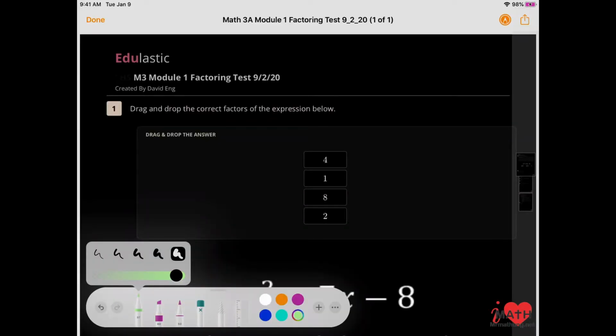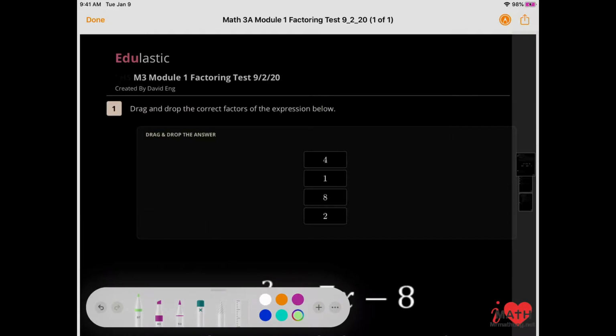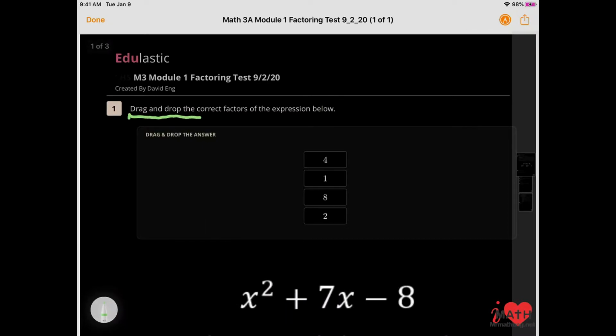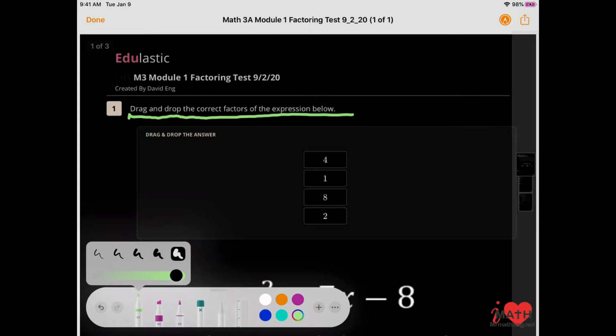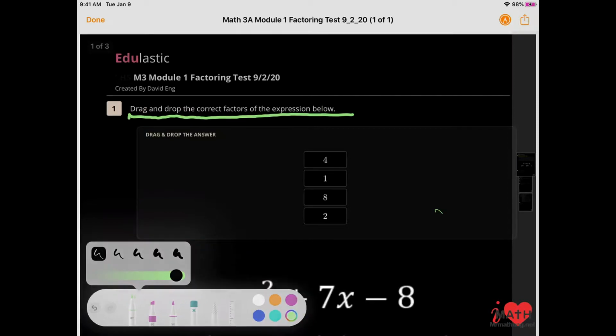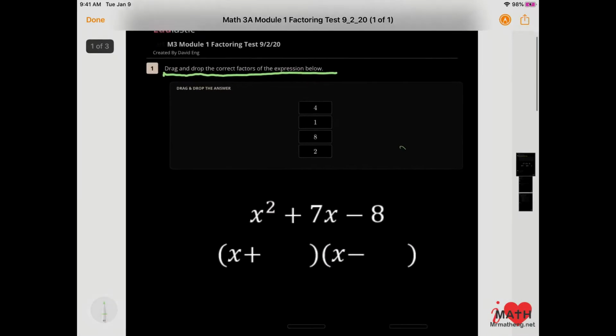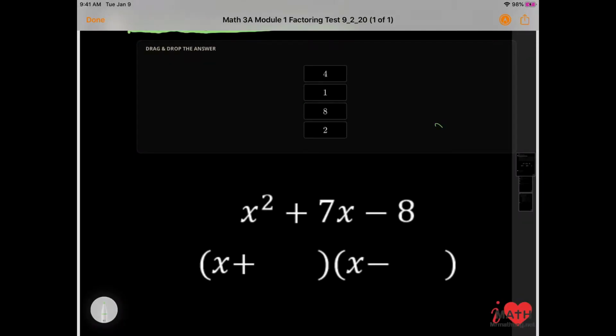All right, let's go over your factoring test. Question number 1, drag and drop the correct factors of the expression below. So you have basically, in some ways, kind of like multiple choice. And I have this problem. So what I like to do is I actually like to do the problem first